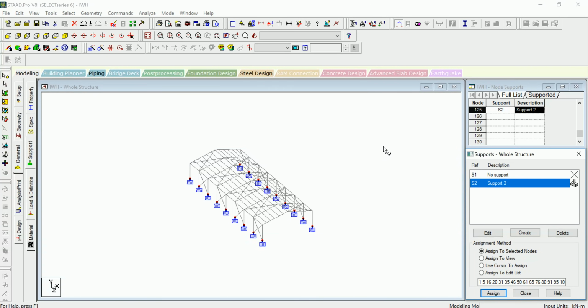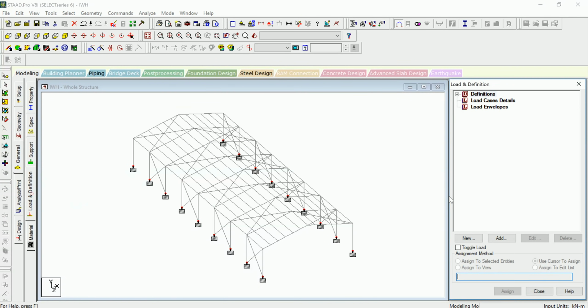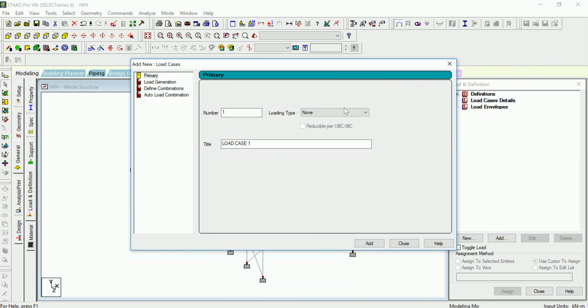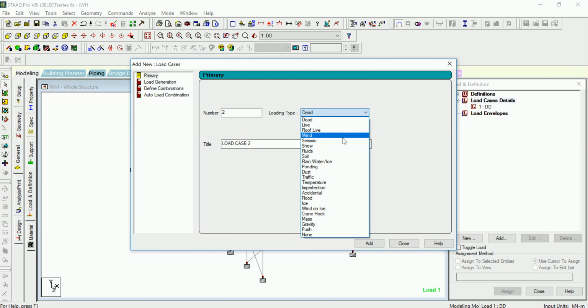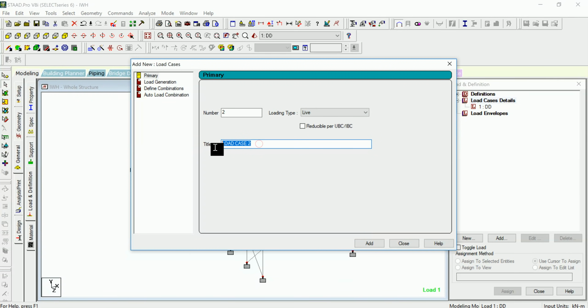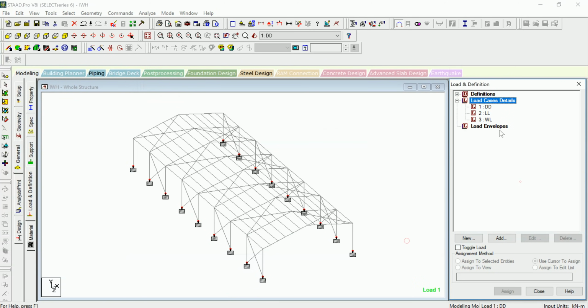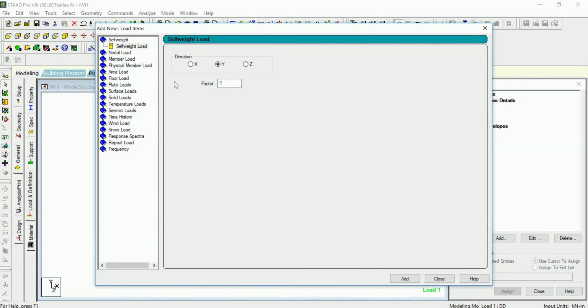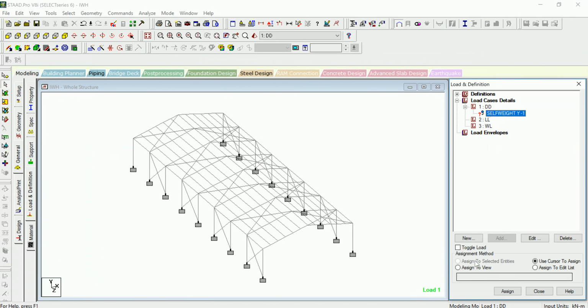Now I have to define my load cases, so for that we are going to create different load cases here. First one is our dead load named as DD. Then we are going for live load and a wind load. So in my dead load I am adding a self weight and assigning it to view,